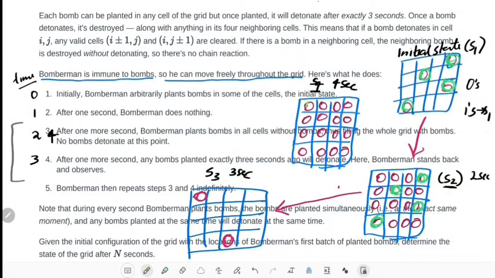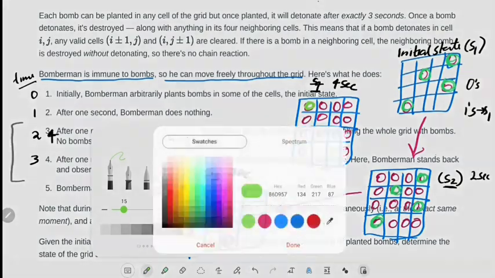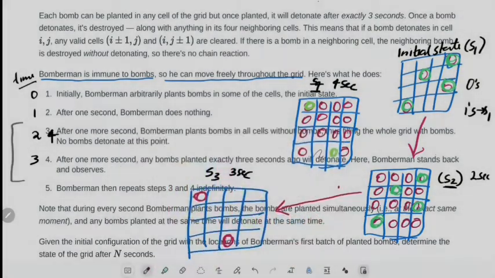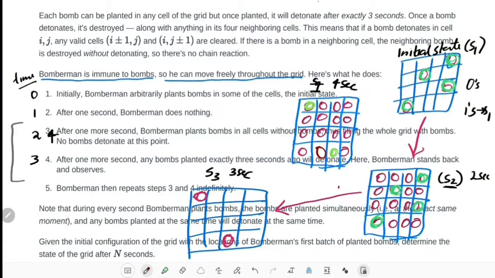Let me represent these two bombs here. Okay, this is our new state.